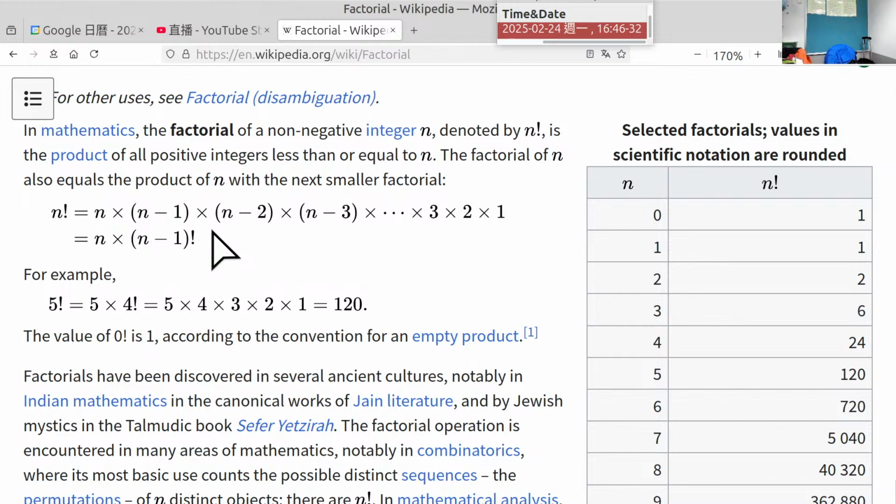Okay, again, all numbers are positive integers, and when we have a number, for example, 10 factorial means 10 times 9 times 8 times 7, and so on, to 1. Get it? Again, this part is important in calculating probability, and probability is also one important part in statistics. So I don't want to waste your time, but I hope you can find my review useful. Okay, get it? And now let's go back to